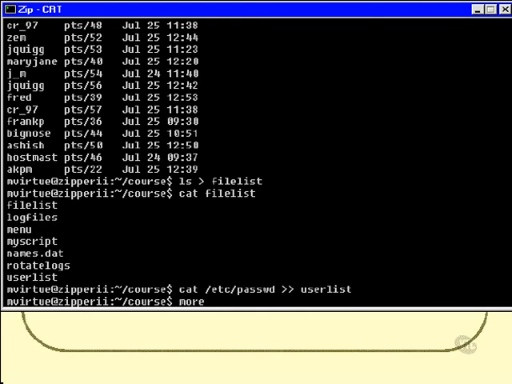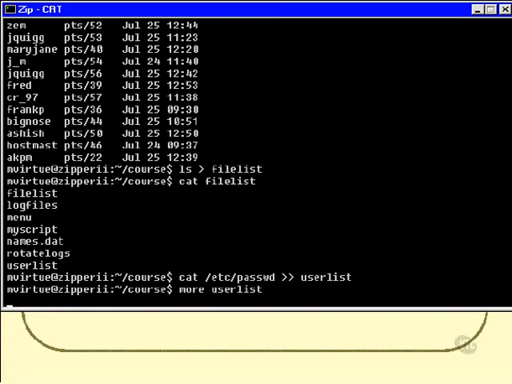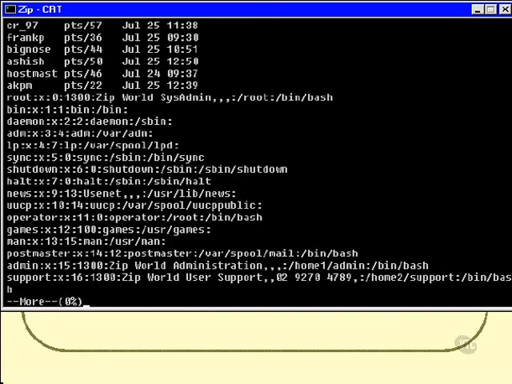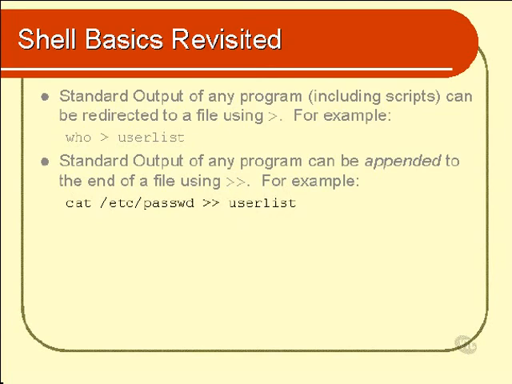I can now do a little more on user list, and I find that the first couple of pages of it are a list of who's logged in, and then I find the actual contents of the /etc/passwd file, which is actually in fact a list of all the users on the system. Okay, so that's a little demonstration of the double greater than sign. Moving right along,